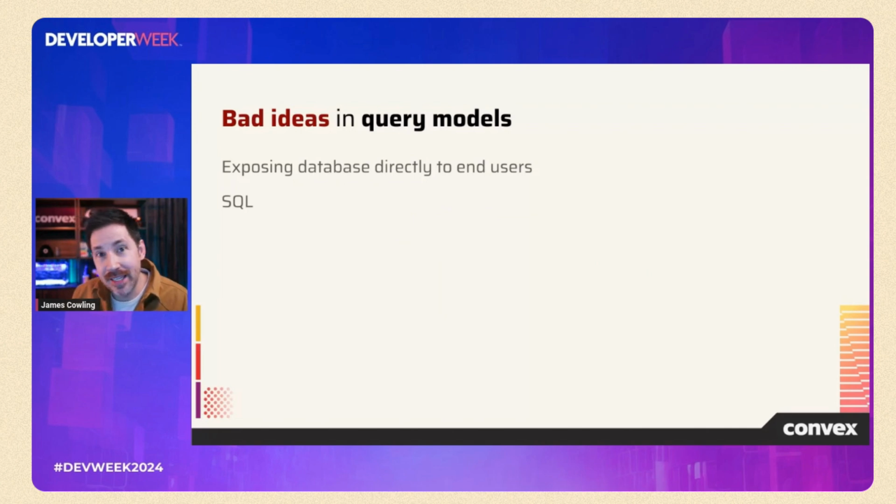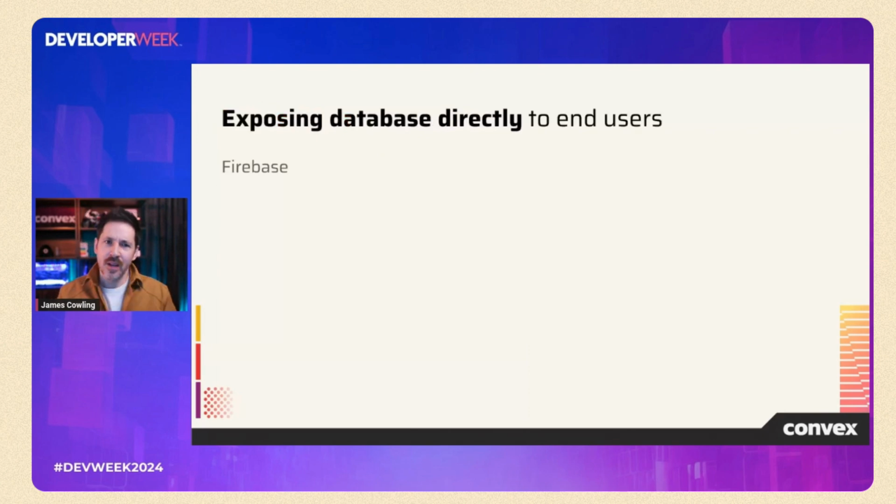So let's start with bad ideas in query models, how applications access the database, both in terms of exposing the database directly to clients, shout out Firebase right there, and declarative query languages like SQL, which I'm sure will ruffle a few feathers. So in an era before this serverless movement, where it wasn't so easy to have Lambda functions running in a cloud or an API server running somewhere, there was a movement towards getting rid of API servers altogether, where you'd have client JavaScript code talking directly to the database, just accessing documents in a table. And I have a lot of respect for Firebase for being a very pioneering platform with great developer experience in many ways. But I think this decision was a mistake.